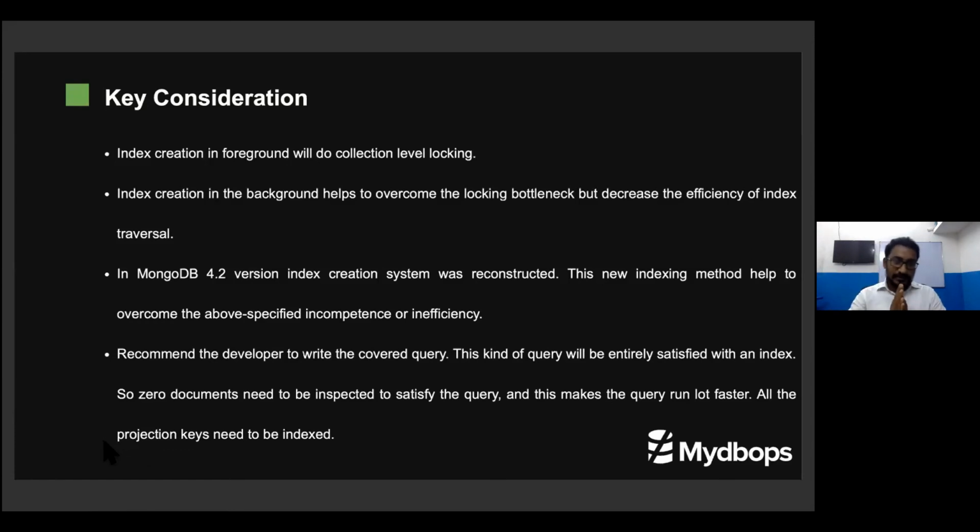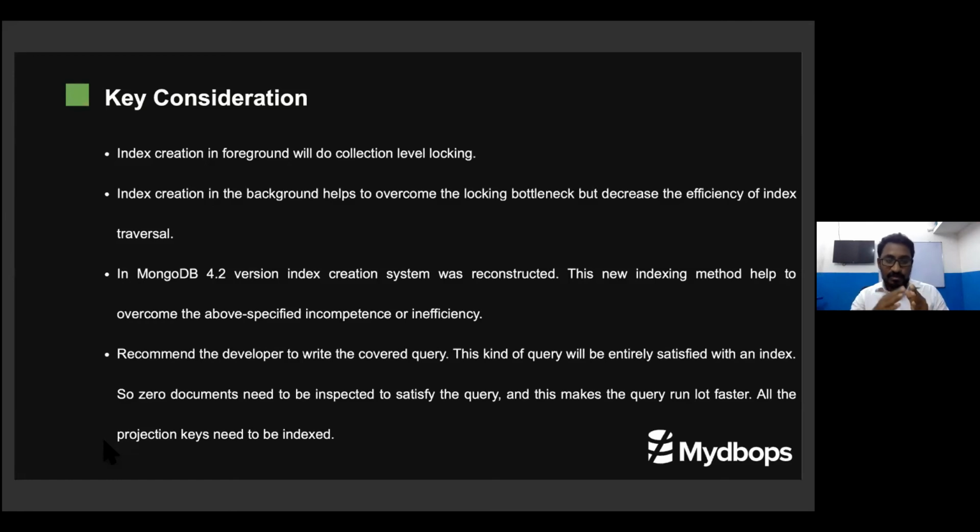And I also recommend that developers write a covered query with proper projection conditions. I'm not saying you can always write one, but I'm recommending you consider it. If you're querying one document or multiple documents, you don't need to retrieve all the information from the document; you can use projection in the query. If you have a proper query, you can create an appropriate index based on it. If you have an appropriate index, you don't need to go for a key document examine. I will explain key document examine a little later.